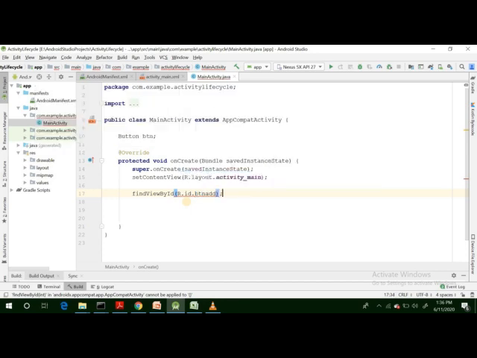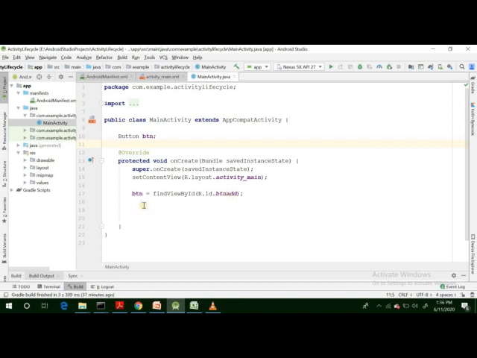This method will give us the reference of the button that we drew on the layout file. So we can store the reference of that button inside our button variable that we declared in our activity.